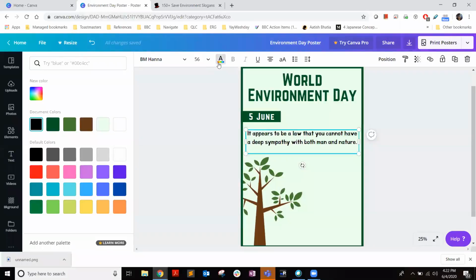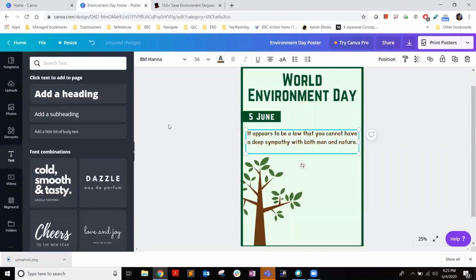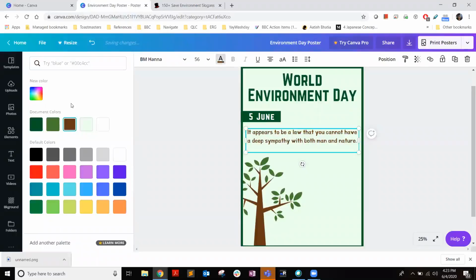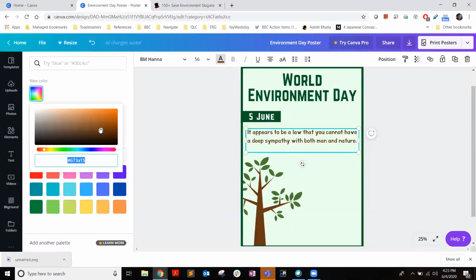I'll move to fonts, font color, and you see Canva provides this good feature of giving the document colors. It means all the colors which are in the document come here. So the brown which came from the page, I can use that brown and see how it looks. To me, this looks good. This brown is better than the black. I'm going to shift it slightly upwards. To me personally, this looks pleasing. That is what my theory tells me.